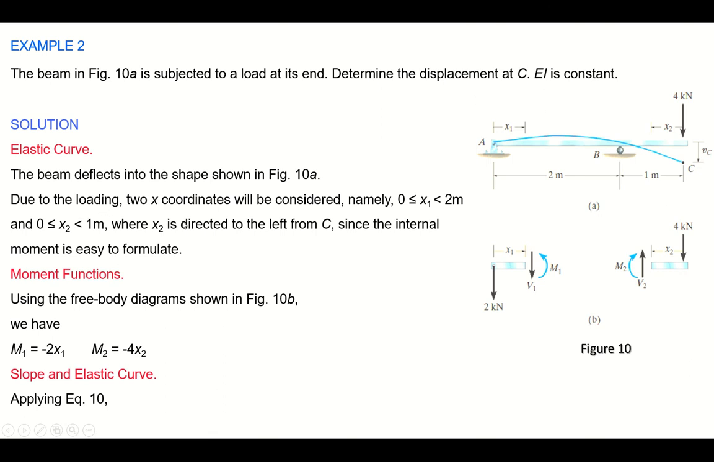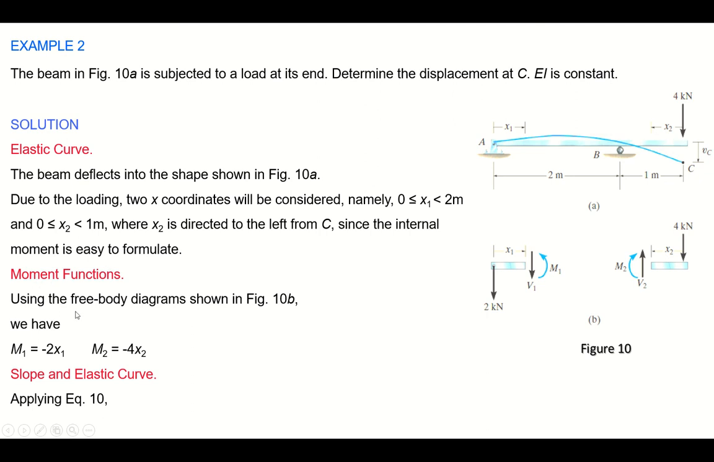Due to the loading, two x coordinates will be considered, namely x1, which is from 0 to 2, and x2, which will be from 0 to 1. So in this case we are taking this as 0, and till here it is 1. So from C to B it is 0 to 1, right? We are not taking it from point A. In that case it would be from 2 to 3. So x2 is directed to the left from C, since the internal moment is easy to formulate in this way. Okay,